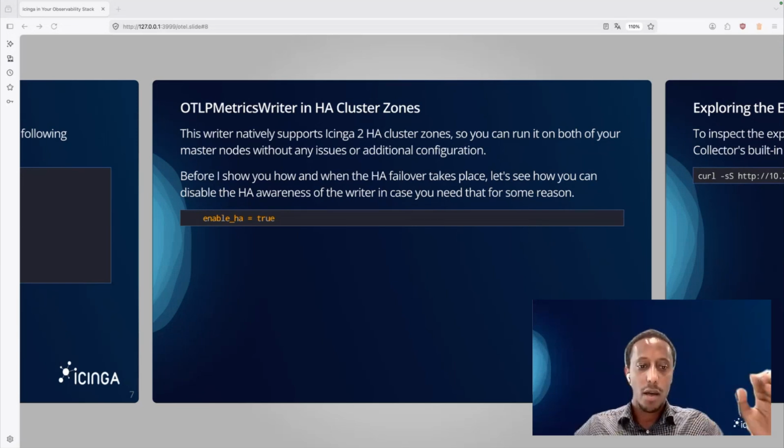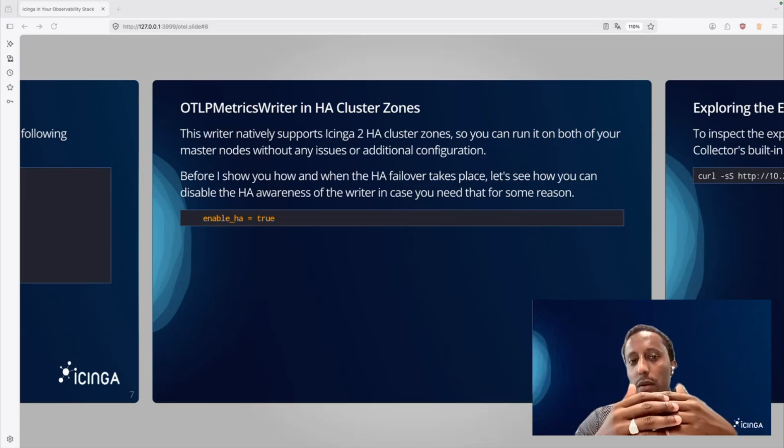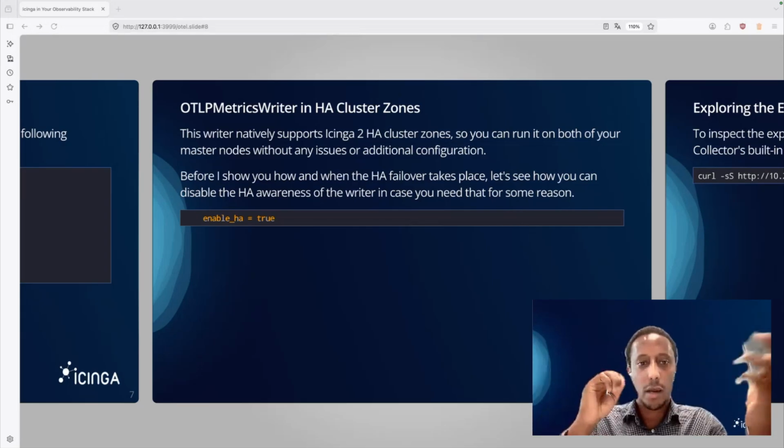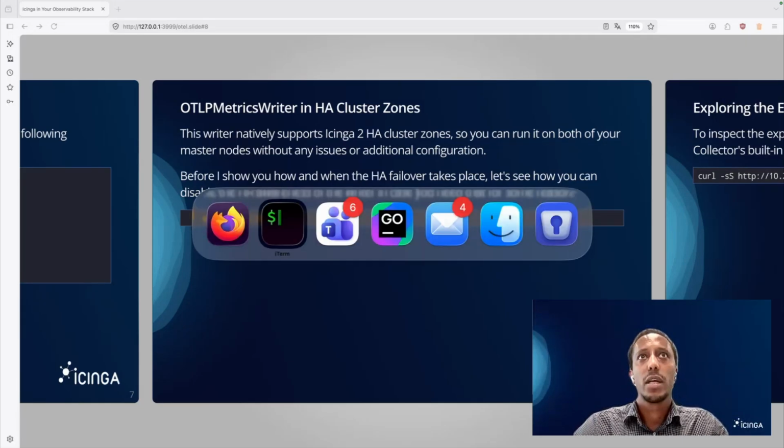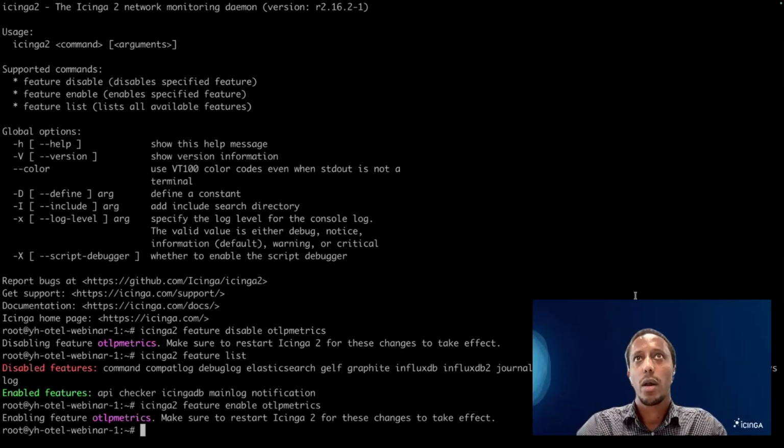Meaning as long as the JSON RPC connections between the two Icinga 2 endpoints are healthy, there will be no HA takeover for this OTLP-metricsWriter, even if the active one cannot connect, for whatever reasons, to the configured OTLP backend. And for this, I want to simulate using iptables how we can